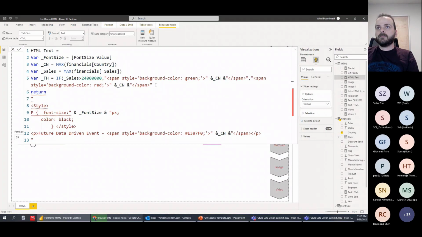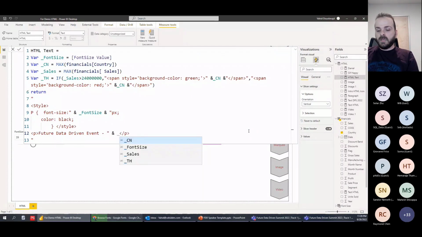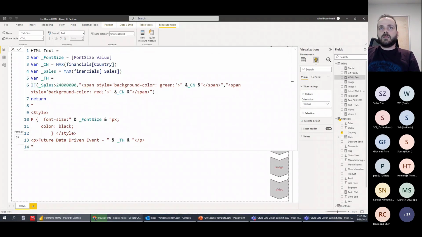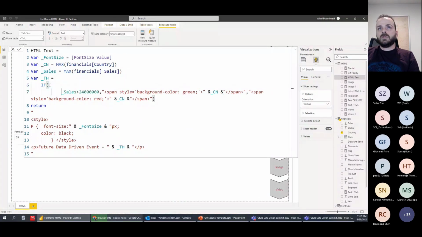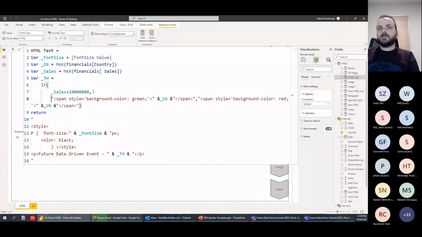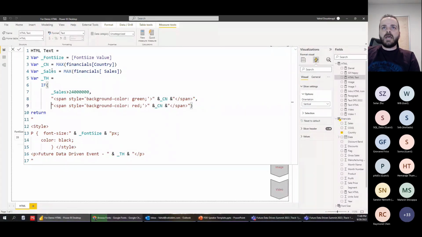And then close it. Okay, rather than this code, I will remove that one and replace it with that variable which I created now. Okay, so what happened here? To make it more clear: I said select the sale. If the sale is more than 24 million, make the background green. If it's less than 24, make it red. So if I go back to this one,